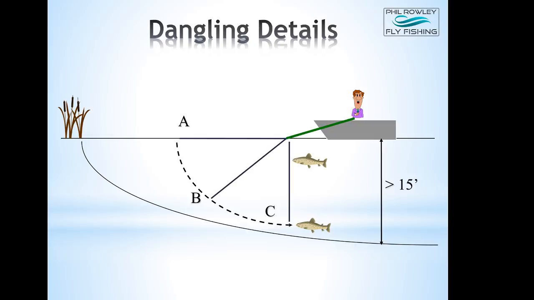We're casting it out, it hits the water, it sinks through B, and hangs vertically at point C. So you start a foot off the bottom and you let it sit or dangle for as long as you can take it. And eventually you start to get bored, and the cure for boredom is move the fly in any of these scenarios. And you start a slow hand twist retrieve, that same pace as I showed you earlier, and just take the fly all the way up until you can see that leader junction right at the tip